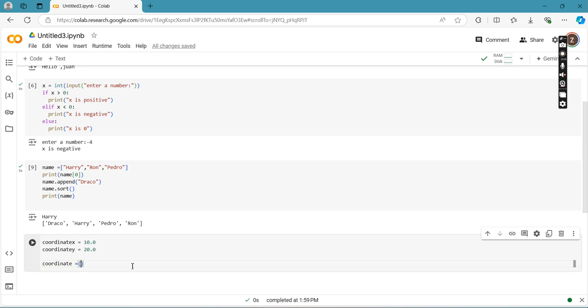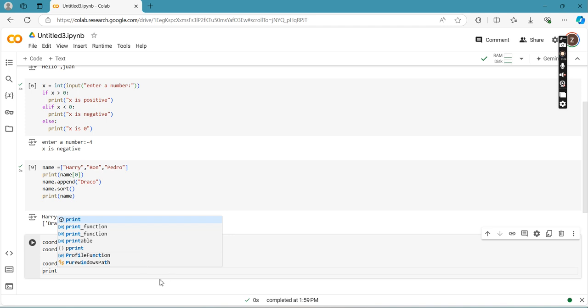Let's say coordinates. I would like to combine coordinate x and coordinate y. So that would just be creating a new value which combines the two values of coordinate x and coordinate y. See, that would be the variable coordinate, or that is the tuple that we have just created.